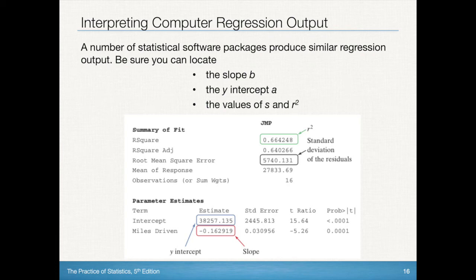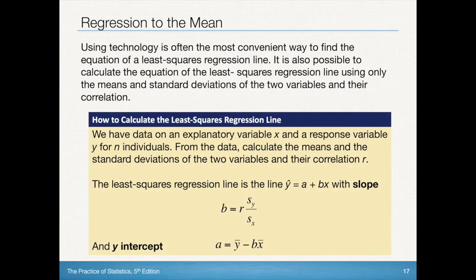statistics questions moving forward. There is a way that you can find the least squared regression line without having the data at all. And it's if you have the standard deviations of the explanatory variables and response variables, as well as the average of the explanatory variable and the response variable. And these equations here, b is equal to r times sy over sx, and a is equal to y bar minus b times x bar, are the two equations you can use to find the slope and the y-intercept of